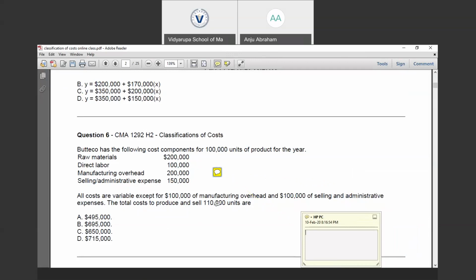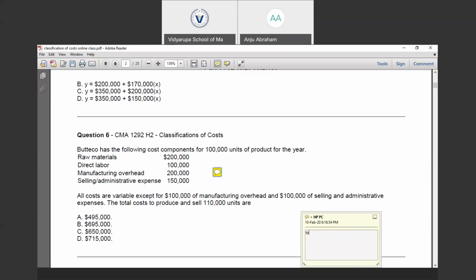200,000 of the raw material, 100,000 of the direct labor. From the manufacturing overhead, 100,000 is fixed, so the remaining 100,000 is variable. Plus from the selling and administrative expenses, 100,000 is fixed, so 50,000 is going to be the variable cost. So the total variable cost for 100,000 units is 450,000. Let's compute.